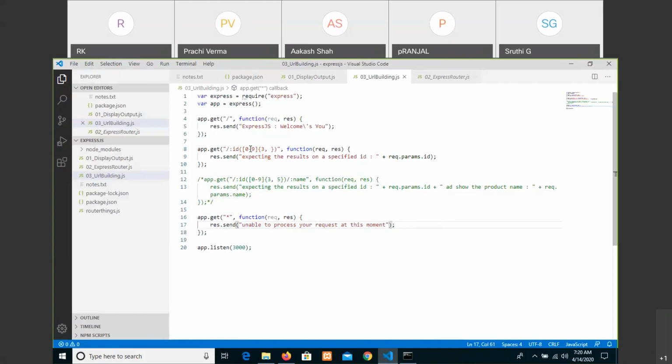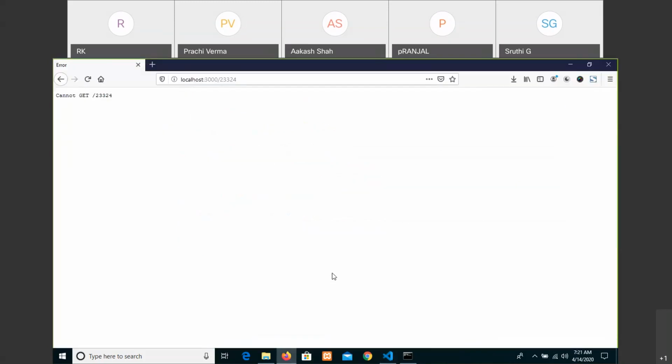We are expecting something in the format of 0 to 9. Okay, user is entering something, and then additionally, if user is unable to process, so instead of getting the standard error statement cannot get, we are writing our own message where it can be visible.